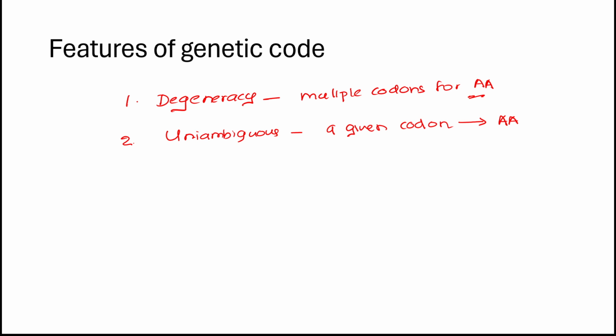Now, this degeneracy is brought about by the action of the tRNA molecule itself. The tRNA has a structure known as the anticodon that is involved in bringing or activating a certain amino acid so that a polypeptide chain is produced. So this degeneracy has something to do with tRNA. I'll explain it as we proceed. So these are two features that I would like to bring at the initial stage of our lesson: the degeneracy of the genetic code and the uni-ambiguity. Right. What are the other features? Just for the sake of completion,